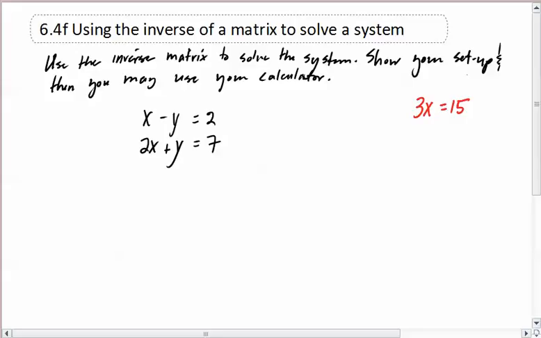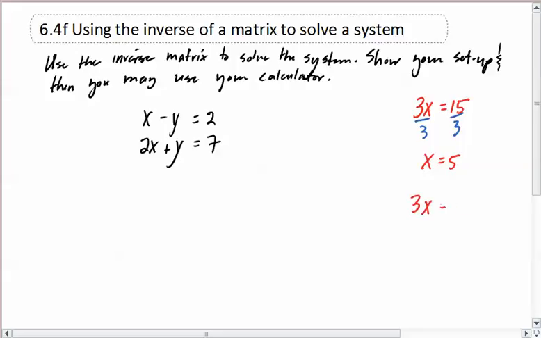So I have the one-step equation 3x equals 15. Typically, people who are learning this divide by 3 and they say, okay, x is 5. Well, what I'd like for us to consider is this. Instead of doing that,